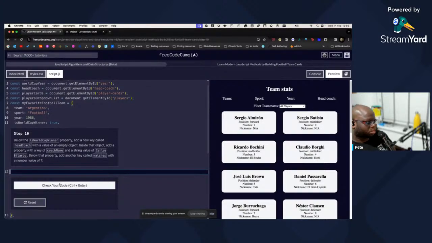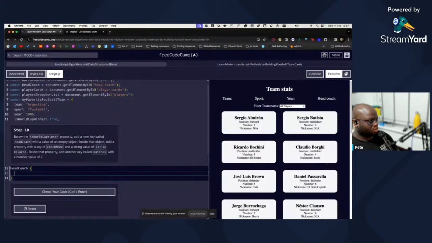Cool. So we start dealing with some nested objects. So our next key value pair is headCoach, but its value is actually an object. And within that object, we have